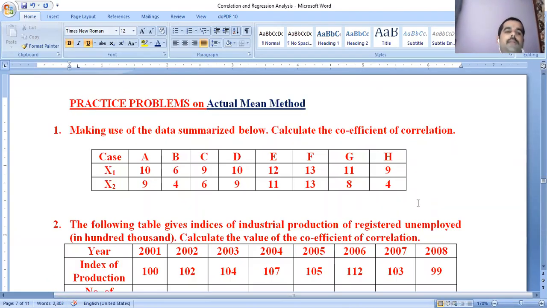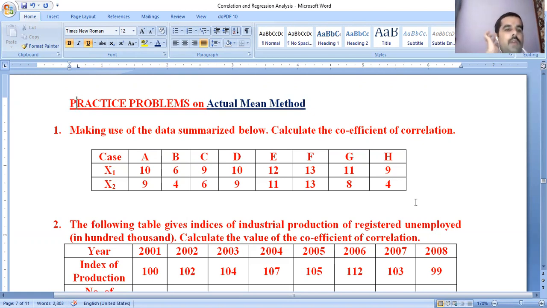In the previous class, we discussed the correlation chapter, in that one topic, that is Karl Pearson coefficient of correlation on actual mean method. I think you understood that problem, and the problem is very easy. These problems are there for practice purposes. I have taken them from different textbooks, and if you practice these problems, you will get complete clarity and a good idea regarding the actual mean method. I will make sure that, from the examination point of view, you will do well and get good marks also.